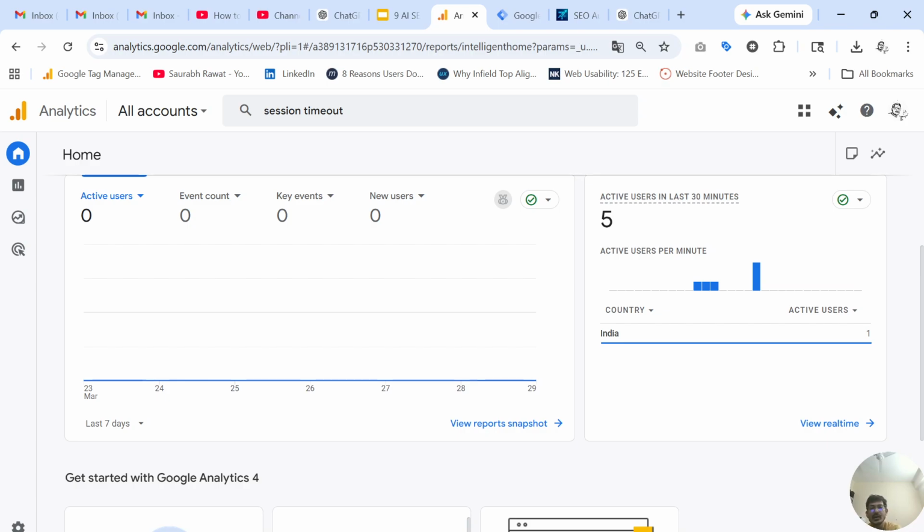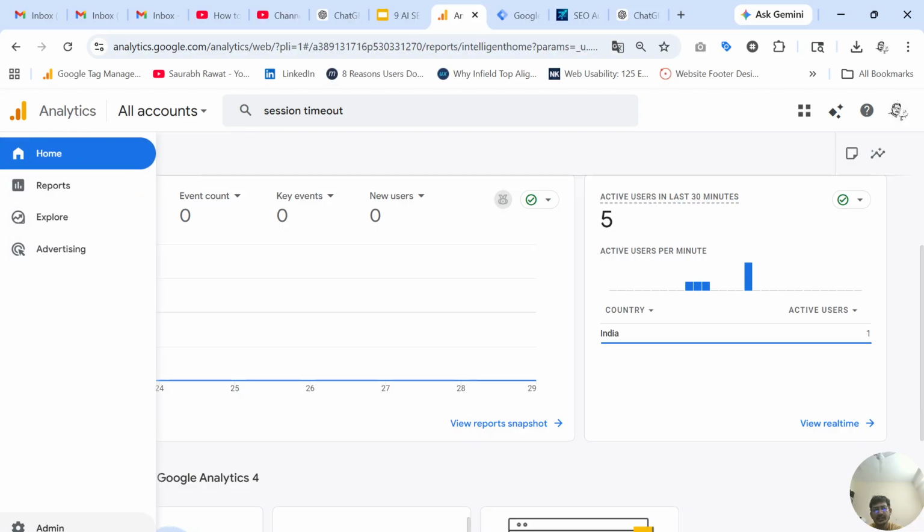Today I'm going to talk about how to edit session timeout in Google Analytics Explorer, and we will see what is session timeout and where to find it and why people increase or decrease session timeout. So let's get started. First of all, you have to log in to your Google Analytics account and then click on